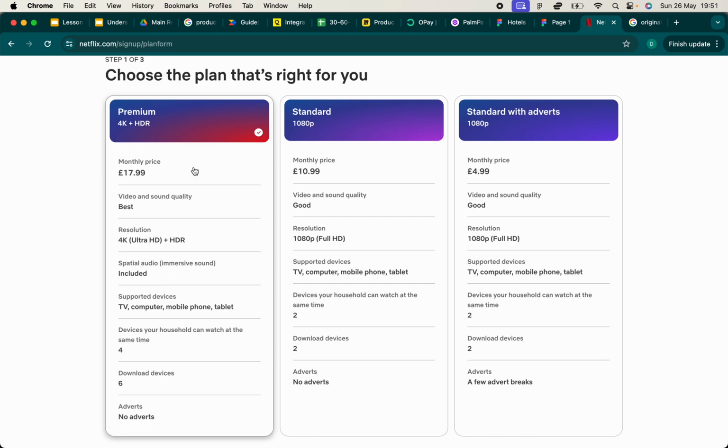So you see here, if I sign up to a premium account, up to four different people can watch at the same time. So that means I can give my password to three other people, whereas with this, it's only 2 other people.